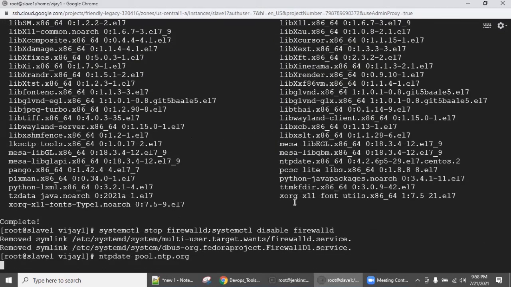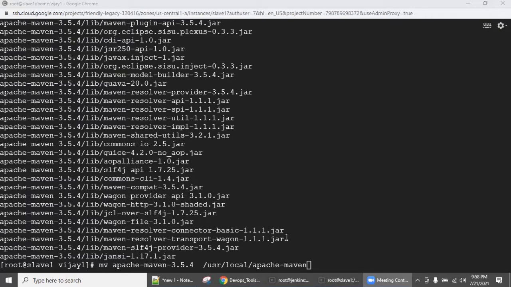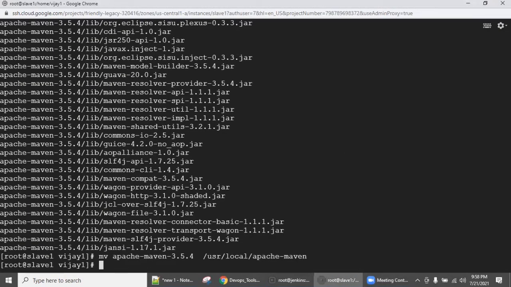So the slave machine can be a small configuration machine. Even if you lose the slave machine, you don't have any problem, because as long as the Jenkins master is alive, you can easily manage the environment.